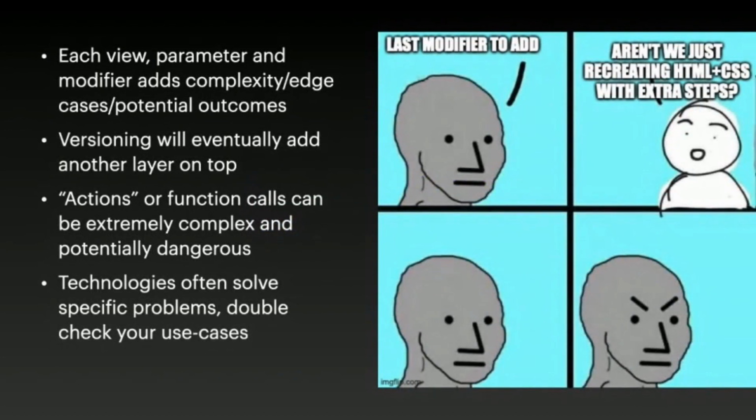So I always liked this comic a lot. This was always how I felt in pretty much every other meeting, where I was always like, oh, we're just going to add this one modifier that is now making this specific view work. Which always had me thinking, so why didn't we do this in place if we're having to add all these modifiers and writing all this boilerplate code? And so oftentimes I kept asking, so aren't we just at the point where we reinvent HTML and CSS with extra steps? And normally I would never get a single response to that.